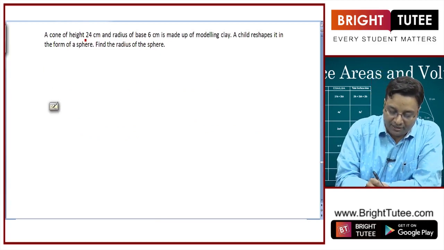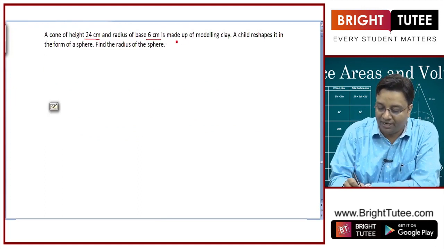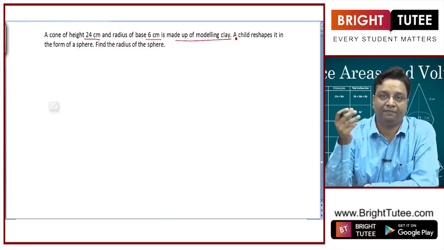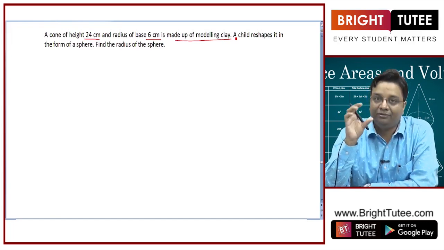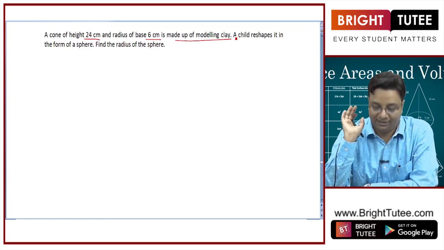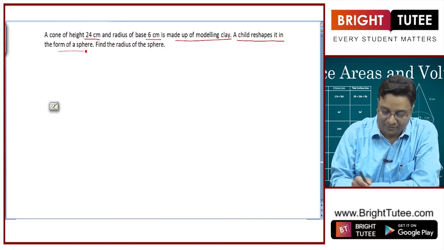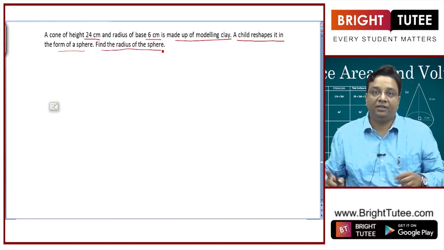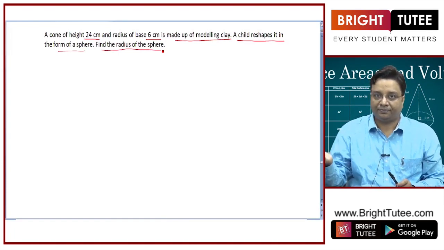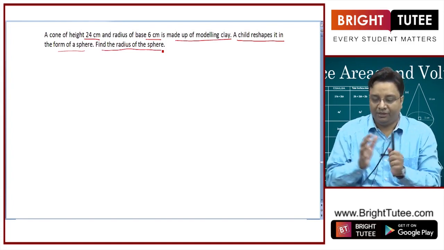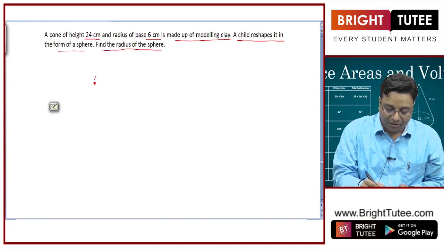A cone of height 24 centimeter and radius of the base 6 centimeter is made up of modeling clay. We have some clay and there is a cone made of it with height 24 centimeter and radius of the base 6 centimeter. A child reshapes it in the form of a sphere. Find the radius of the sphere. We will use the fact that the volume of the clay used will remain constant irrespective of the shape we model it into. What I mean to say is, I have got a cone